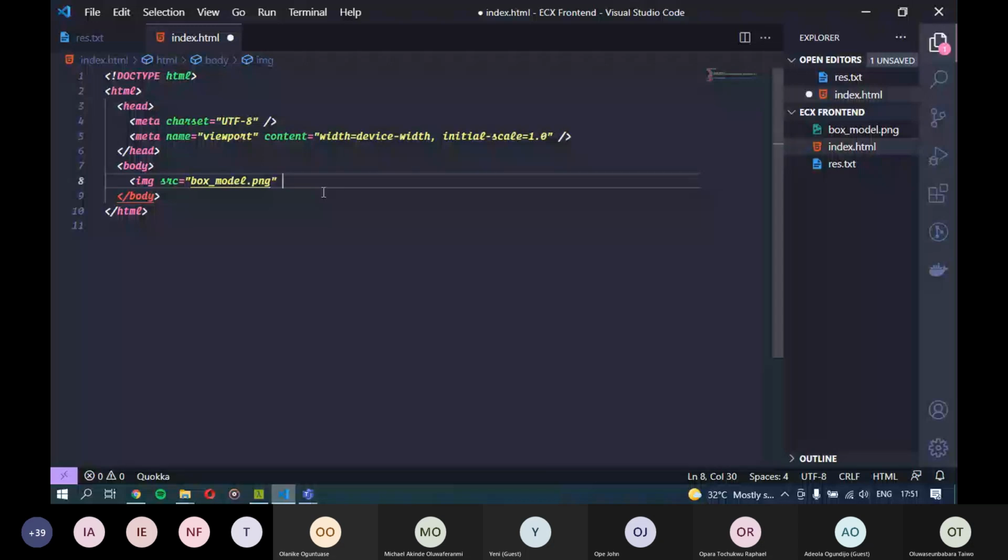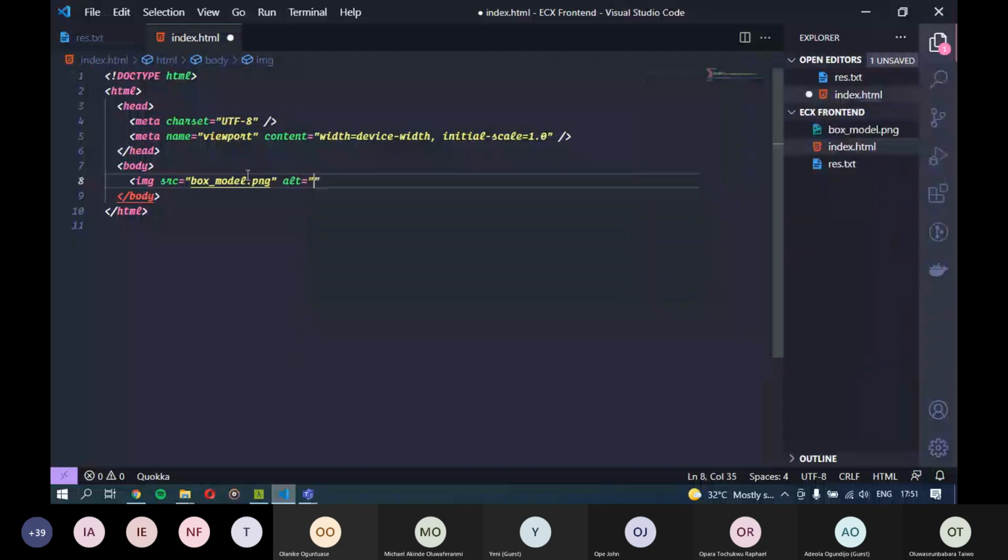Then another thing is when you are styling your elements, you need to take note of people that are color blind. For people that are colorblind, there are certain things that you're not supposed to do to make sure that they can see and differentiate things on your web page. Those are things you learn the further you go into your career. But for now, let's just know that all our image tags are going to have src and alt. So the second one is alt, and as I said before, it gives us more info on what the image is about.